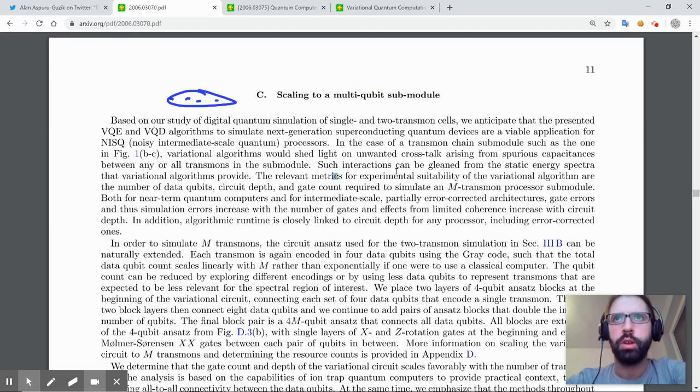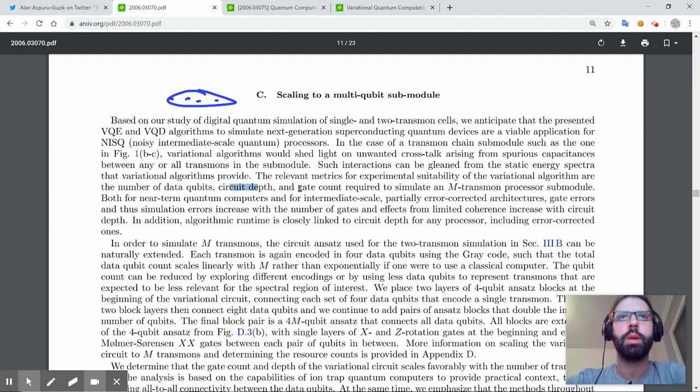The relevant metrics for experimental suitability of the variational algorithm are the number of data qubits, circuit depth, and gate count required to simulate an M-transmon processor submodule, both for near-term quantum computers and for intermediate scale, partially error-corrected architectures, gate errors, and those simulated. In addition, algorithmic runtime is closely linked to